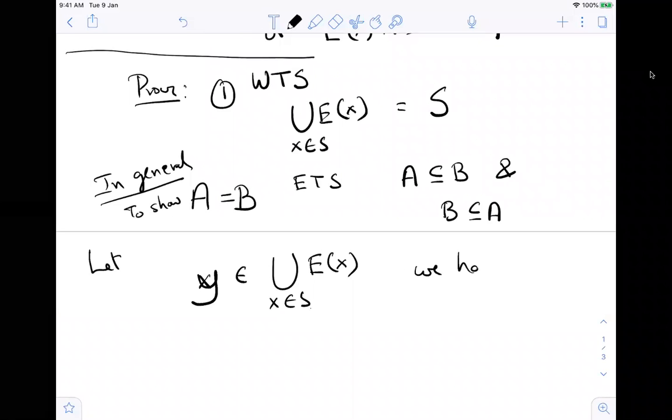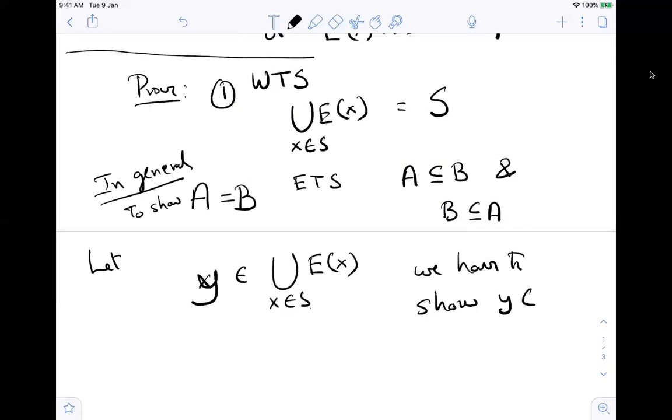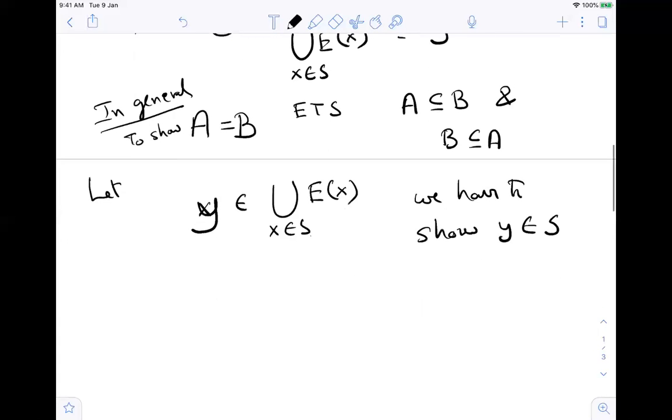We have to show Y is in S. Right. Now, this is one step. This is okay. And the other step is that,